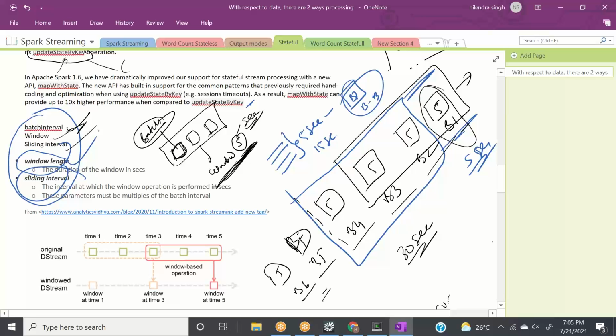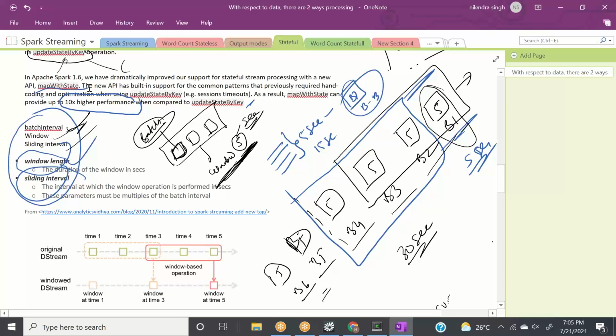So rather than appending, it is updating the session store. The session store size will be very limited, and it will be easier and faster to write. Because of that, the performance of Spark Streaming will become 10 times higher compared to updateStateByKey. Now let's see how mapWithState works.